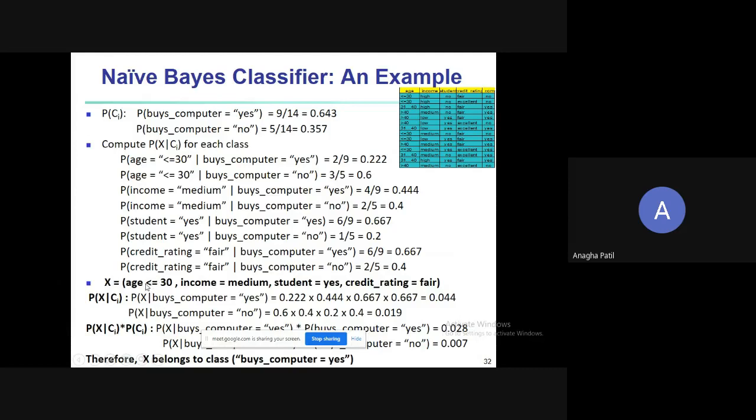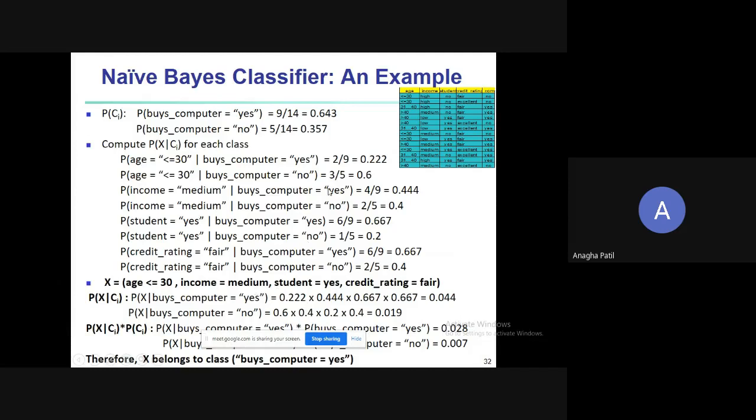Our X is now age less than or equal to 30, income is medium, student is equal to yes, and credit rating is fair. Now, for this entire set of attributes, for buys computer equal to yes and for buys computer equal to no, how are we going to get it? We are just going to multiply the probabilities.